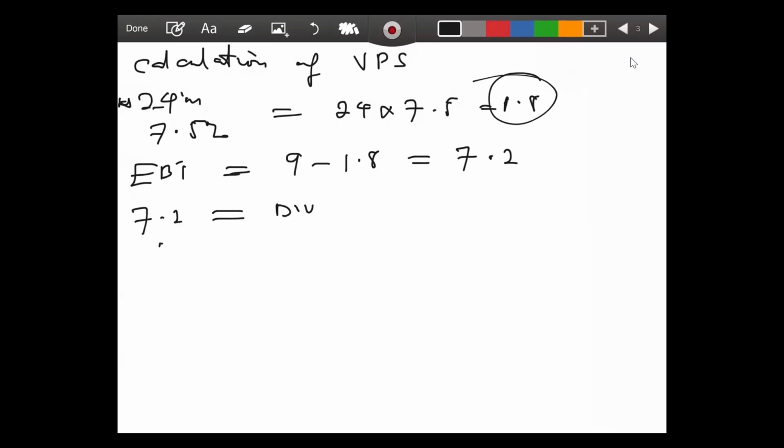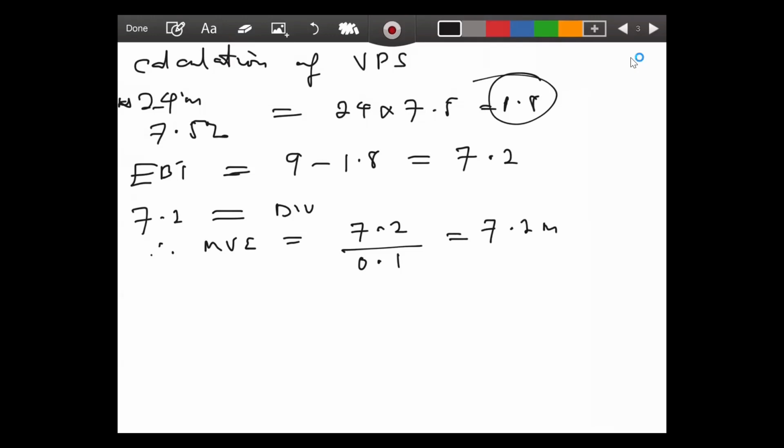Therefore, the market value of equity will be equal to 7.2 all over 0.1. So this will be equal to, the total value now will now be